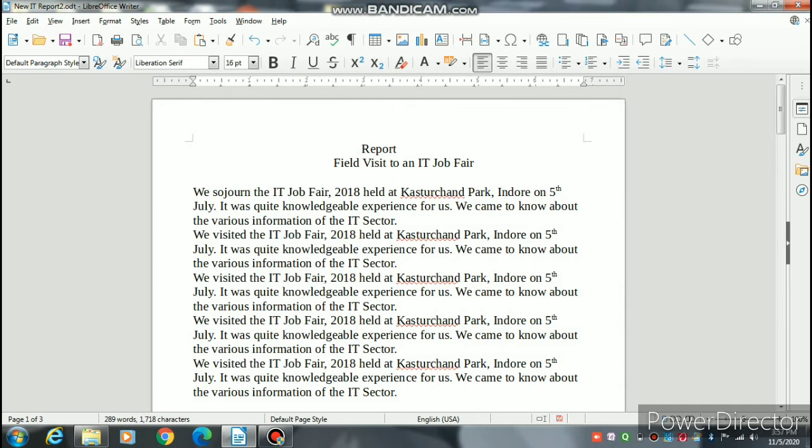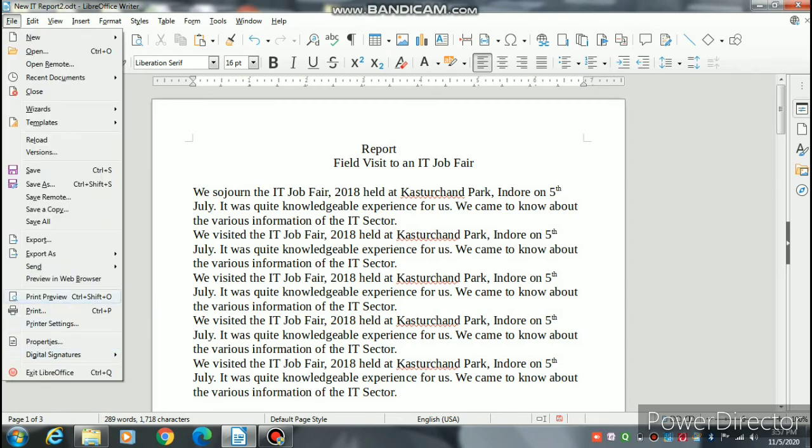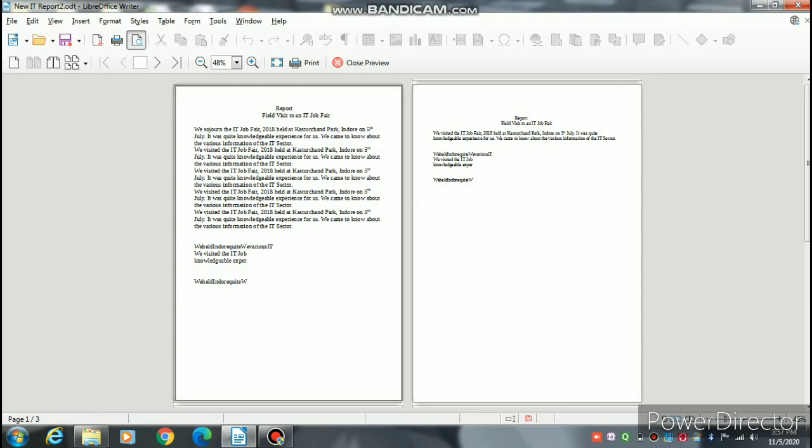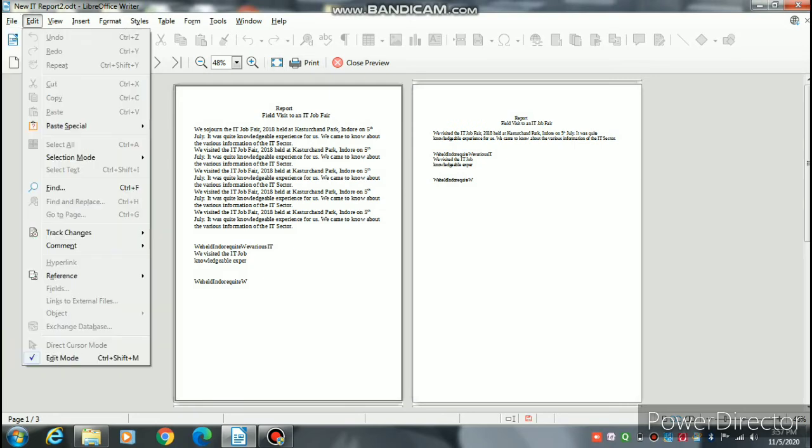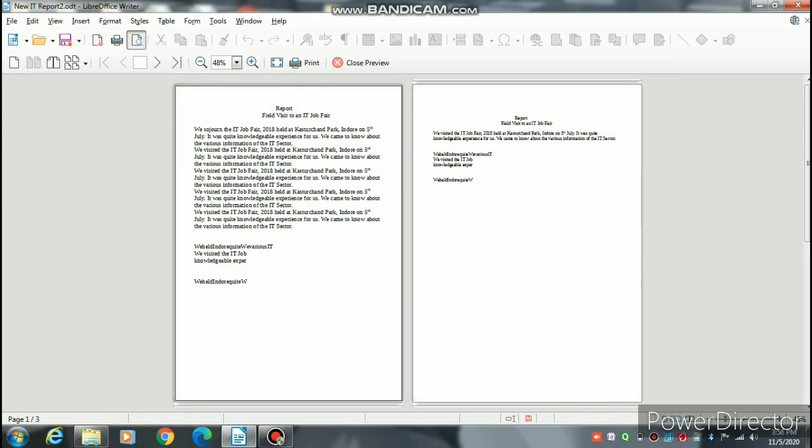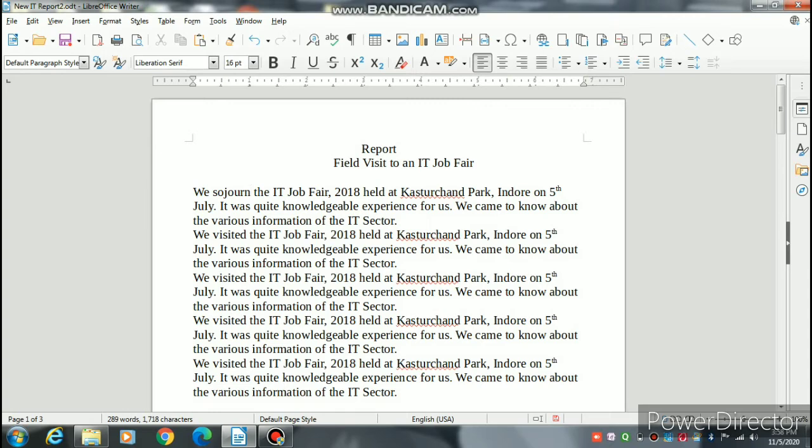Okay, and this page setup you can see. In fact, you cannot see it, but if you are going to print and do a print preview, you can see the effect of your page setting. Margins, as well as it is portrait, and the size of the paper is A4 size. Now close the print preview and come to your document. Now see how to format text. You can format the text by using this option.